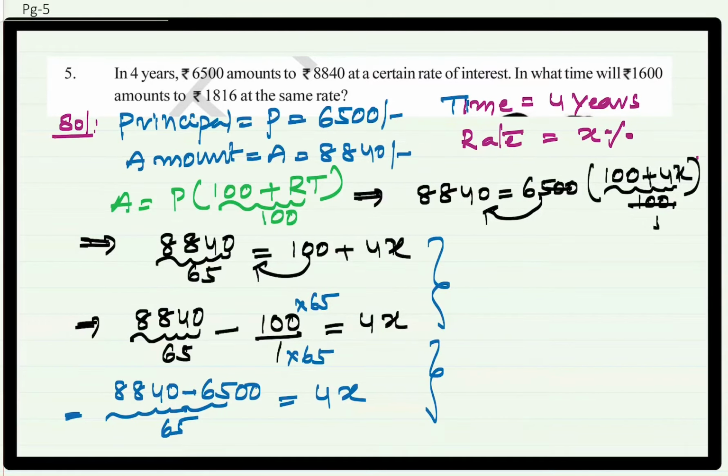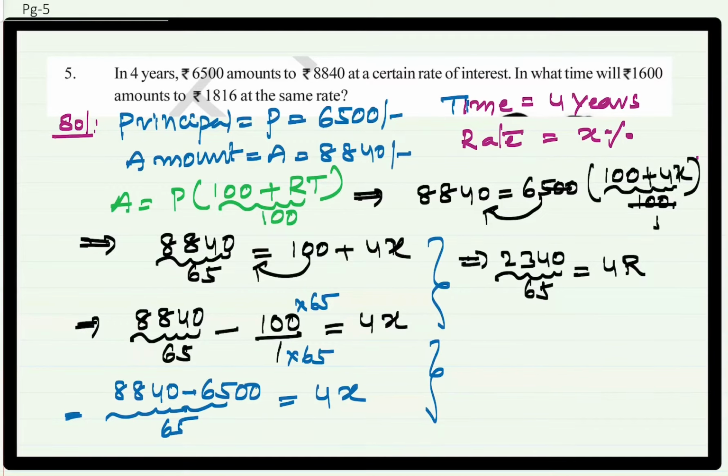So next, simplifying this one, 8,840 minus 6,500. Subtracting: 0; 4 minus 0 is 4; 8 minus 5 is 3; 8 minus 6 is 2. So 2340 divided by 65 equal to